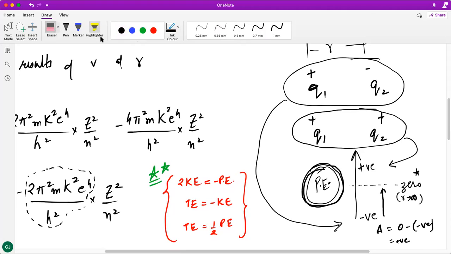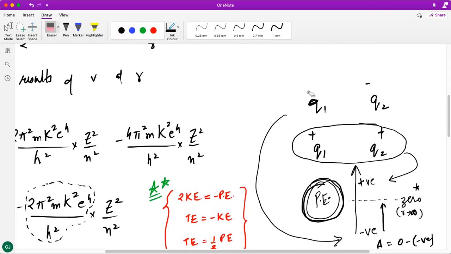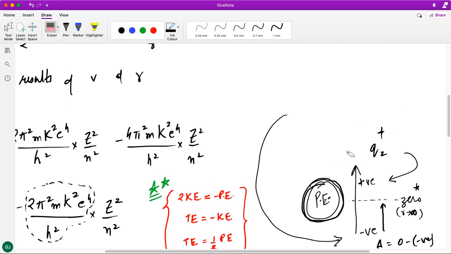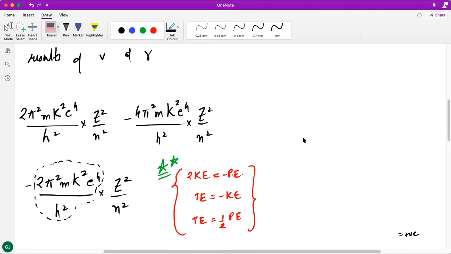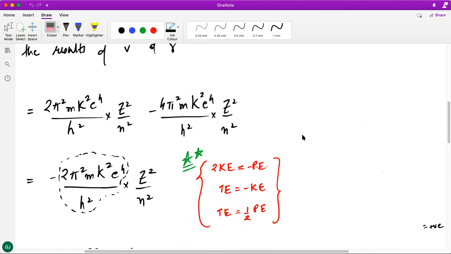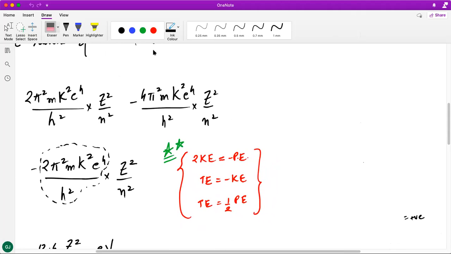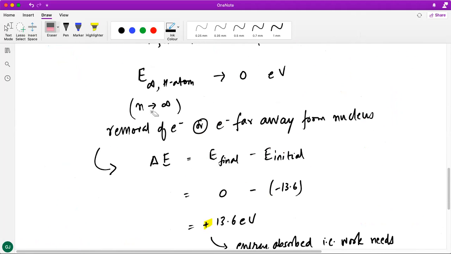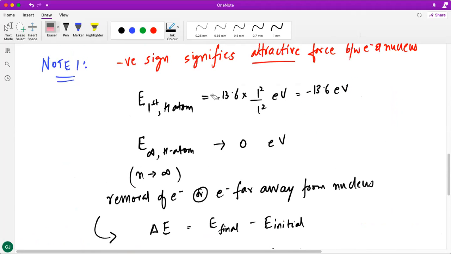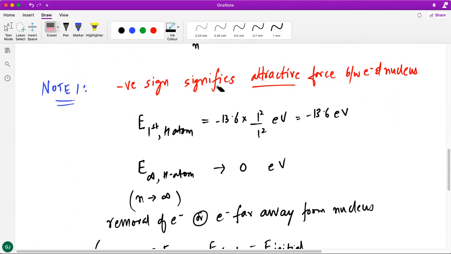Now I'm sure that some students would have been able to get this, but I also at the same time understand that many students would not have been able to get this because this, as I said, needs a bit of physics background. Some students who would have been able to get this, it's really good, great, you guys are ahead in the curve. But I generally tend to skip this in the beginning part because some students don't get this idea of potential energy right away. So to simplify for everyone, notice carefully here,